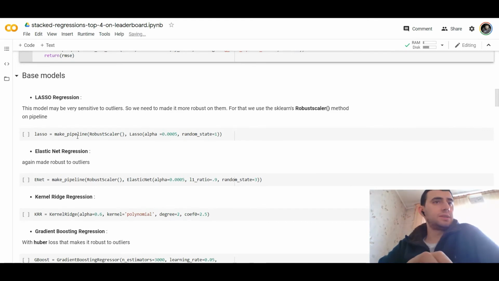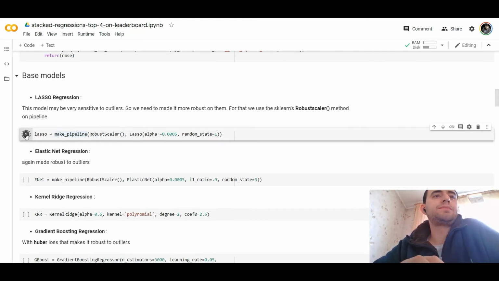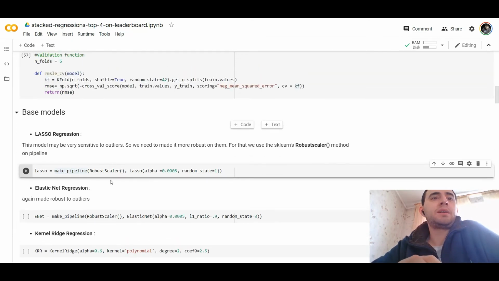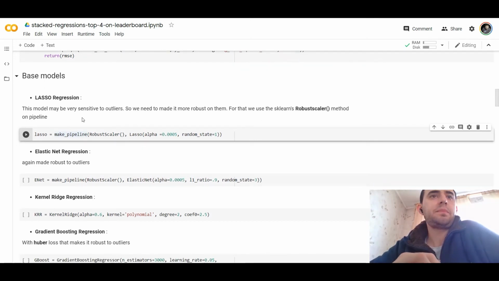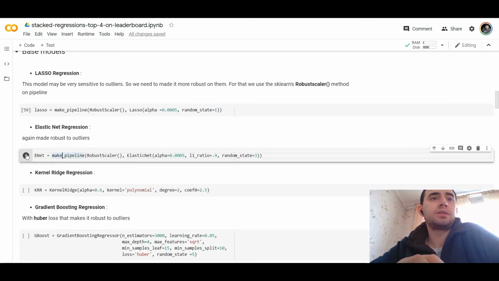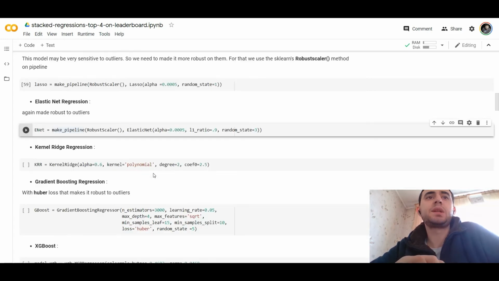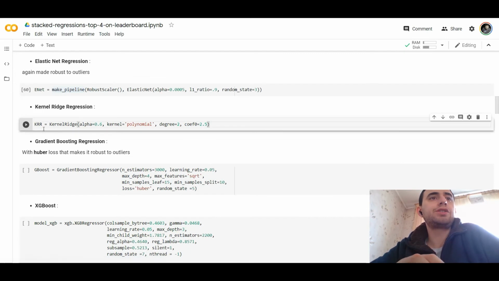So let's do the base models. Lasso regression with a make_pipeline, so it's a RobustScaler, because we need to make it more robust. So we would use the RobustScaler in the pipeline, and Lasso regression. ElasticNet regression, the same, RobustScaler and ElasticNet in the pipeline with alpha, L1 ratio, and random state. Kernel ridge regression,